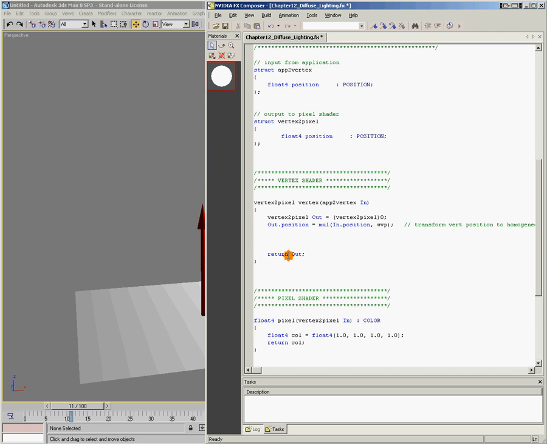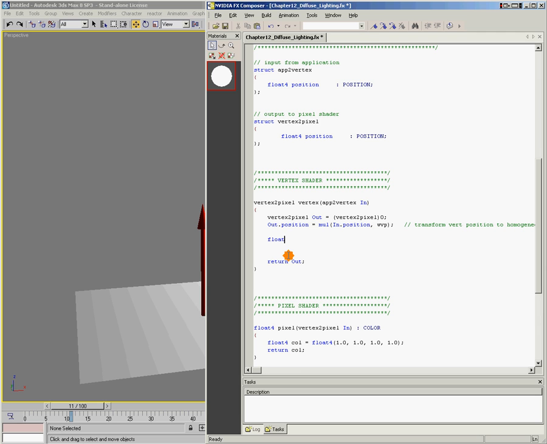And in order to do that, we first need to put the surface position in world space. So we're going to say float3 world space position equals, then we're going to do some matrix math, in.position, which is the vertex's position